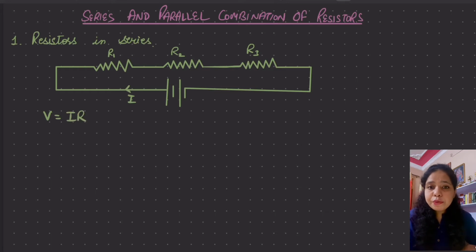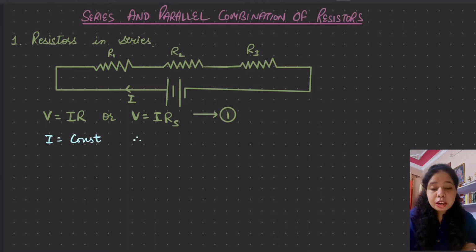So I can write V is equal to I into RS. RS indicates the net series resistance which arises due to these three resistors connected in series with each other. So RS is representing the total resistance of the circuit. Since the same current is flowing through these resistors, because current has no other way to go,